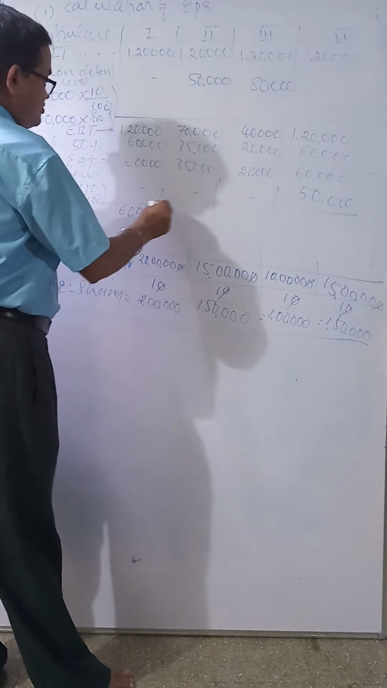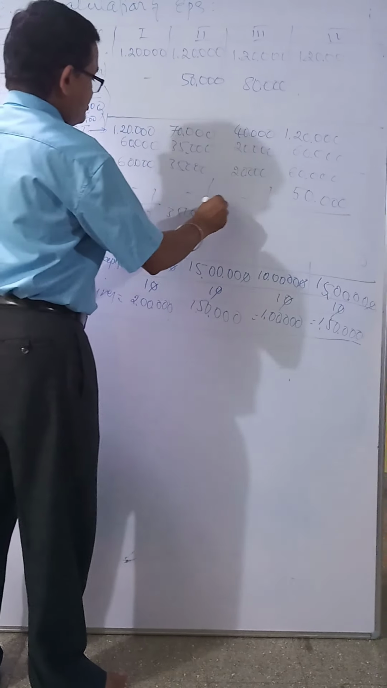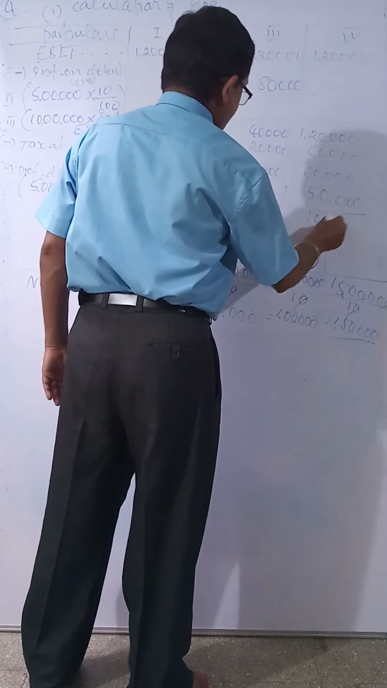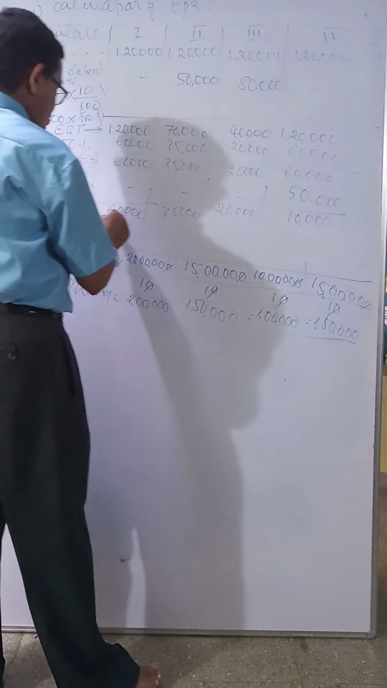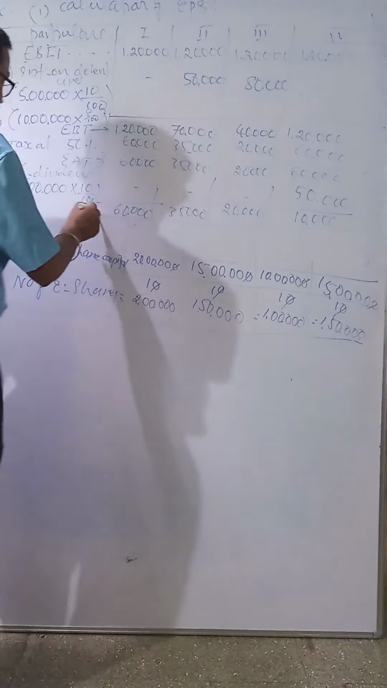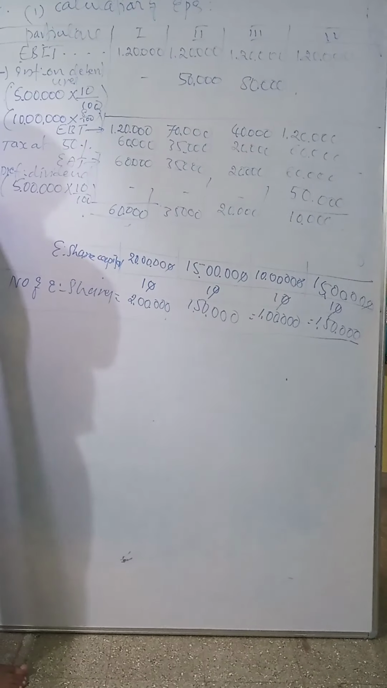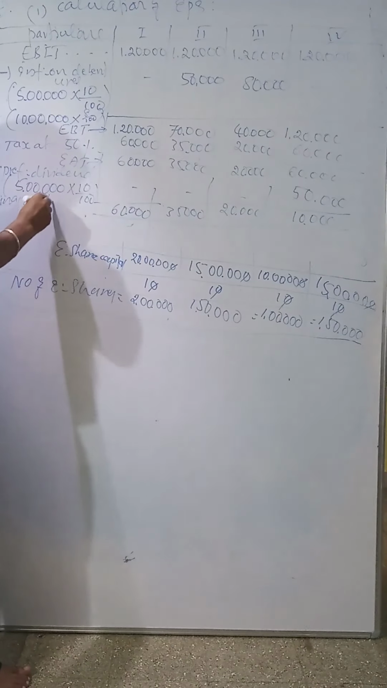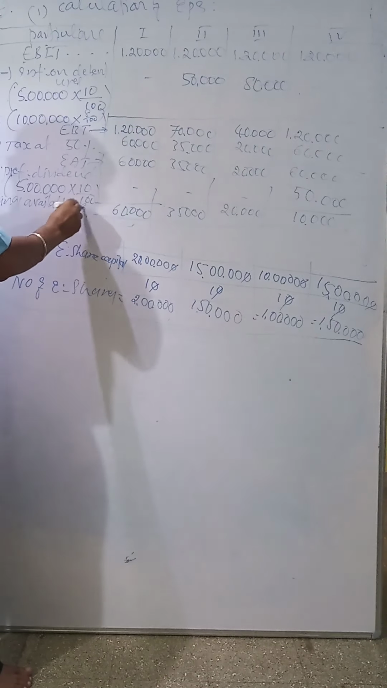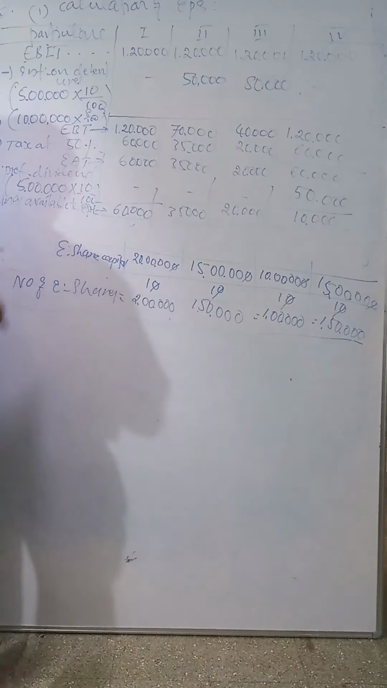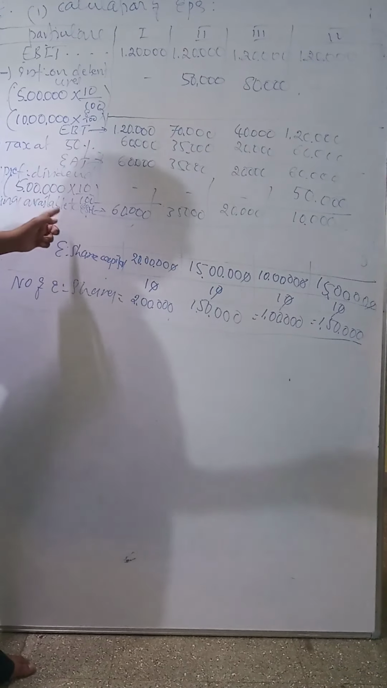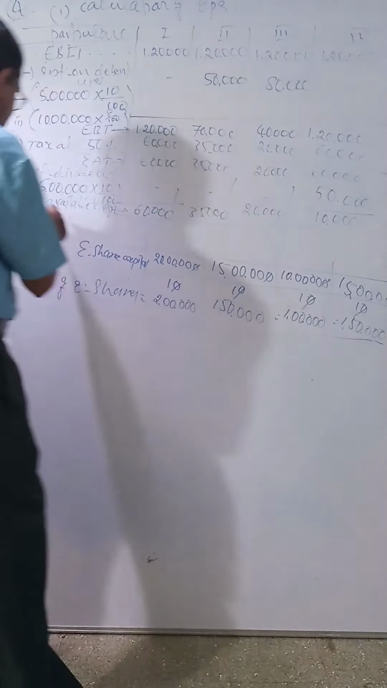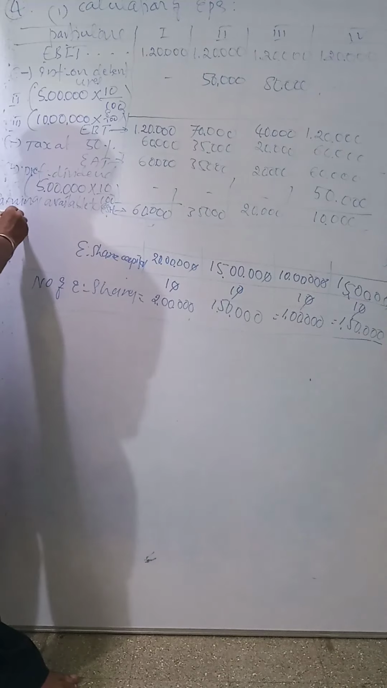60,000, 35,000, this is 20,000, this one is 10,000. This is called earnings available to equity shareholders. I wrote the short form. Therefore, EPS, earning per share, equals